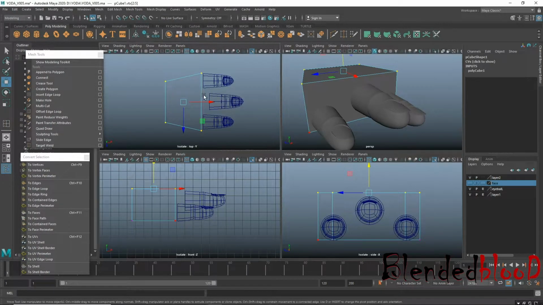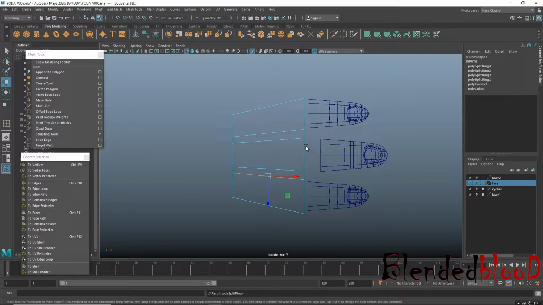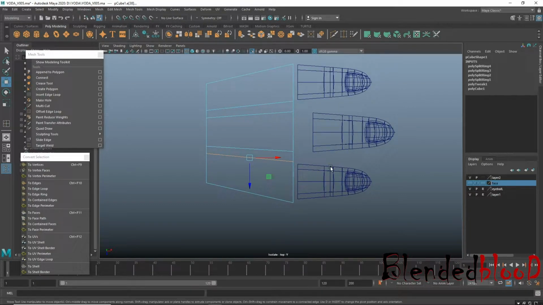First of all, insert edge and put a loop over here and one here. Try to first divide both fingers. If this finger will join over here and this one is here, then these two loops or edges will make distance between these two fingers, used for that purpose. Okay, now what we will do,